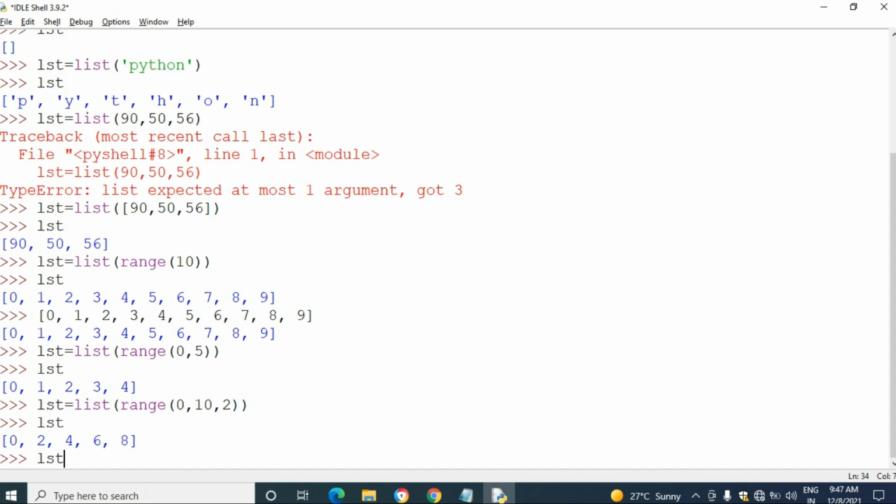Then I want to print more values. So lst equal to... we can name this variable anything, not only lst, we can create any names for our list.